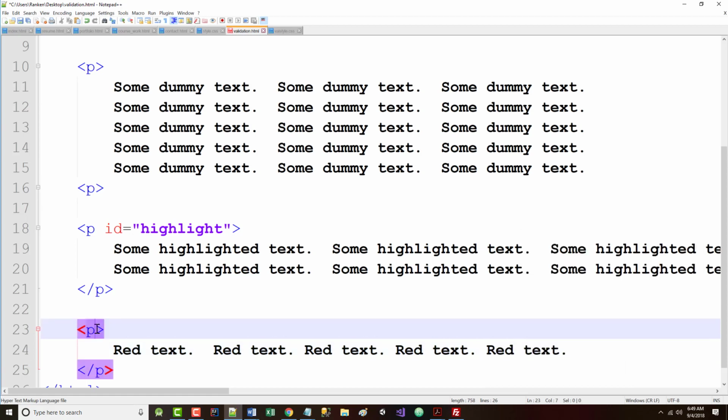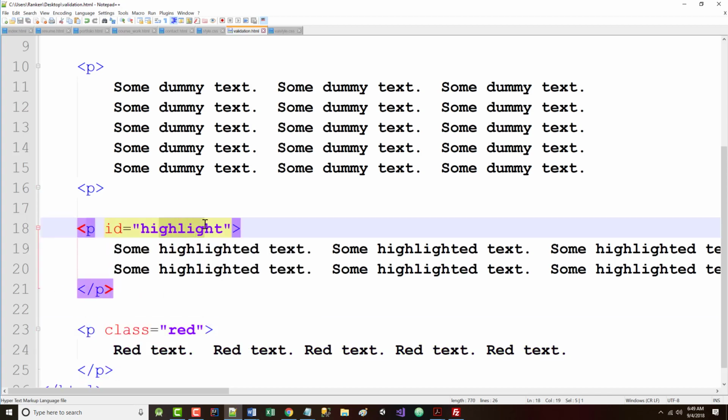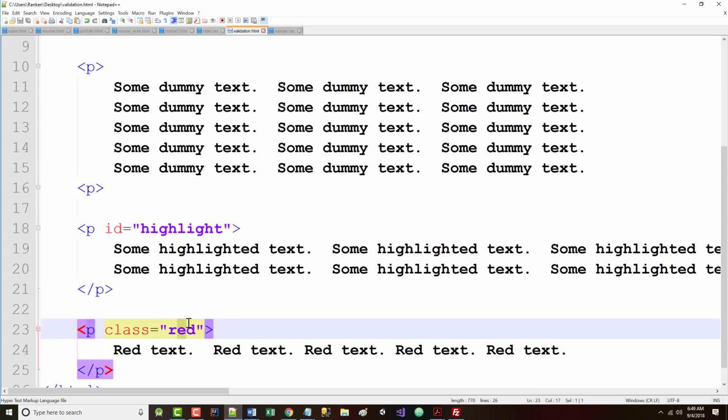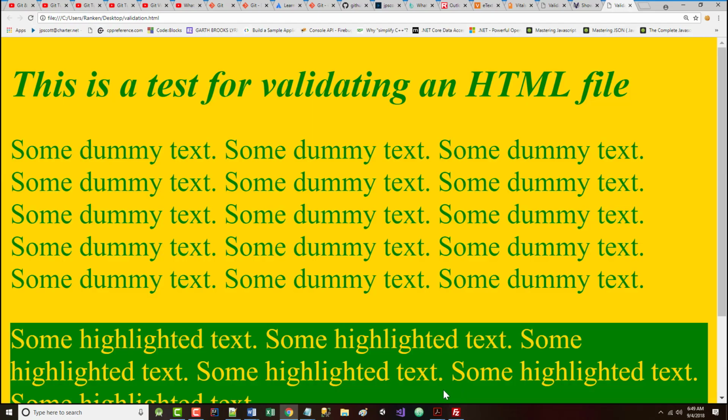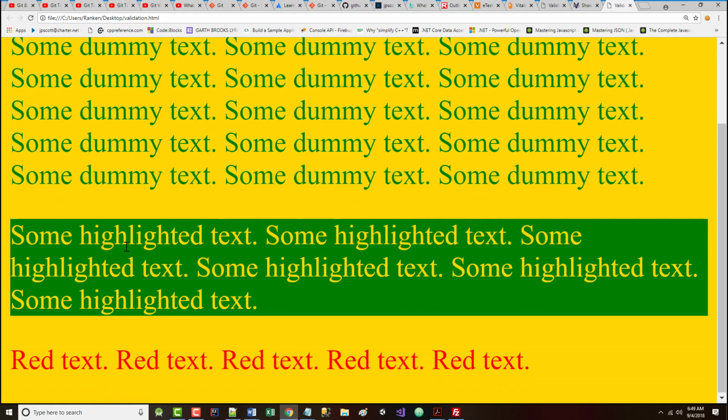So we'll come in here and we'll say class equal red. So let's see if our ID was applied, our class was applied, and all the other stuff that we put in here. So run. Okay, and you can see how it's changed. We've got a gold background with green text, except when we highlighted where we reversed it,